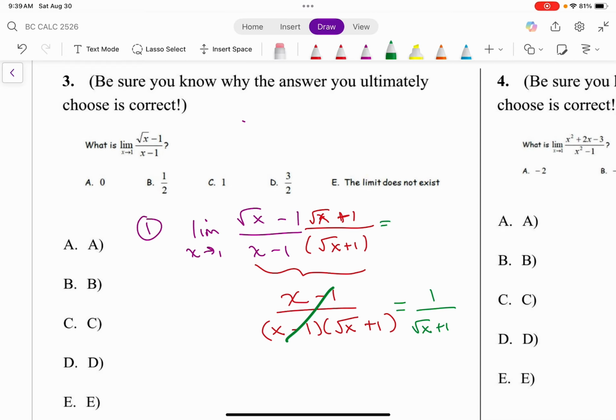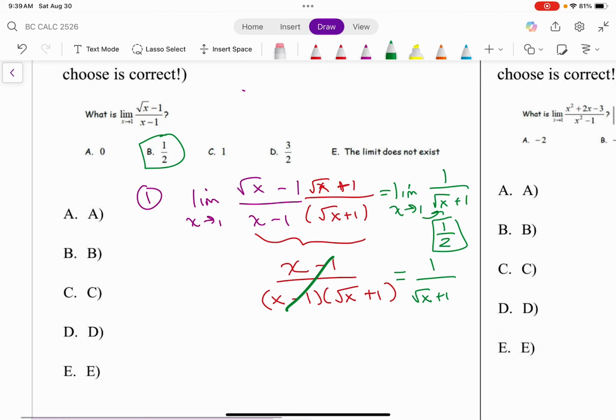and then this is the limit as x goes to 1. You substitute, you get 1 over root 1 plus 1, which is 1/2. Okay, so that's B. The other way you could have done this problem, if you're a little further along, is